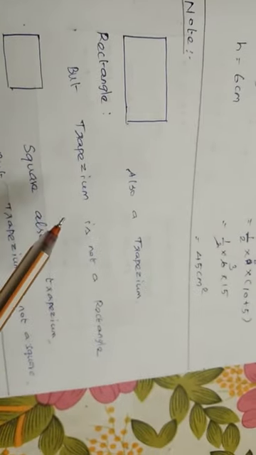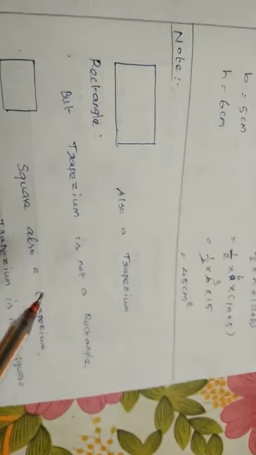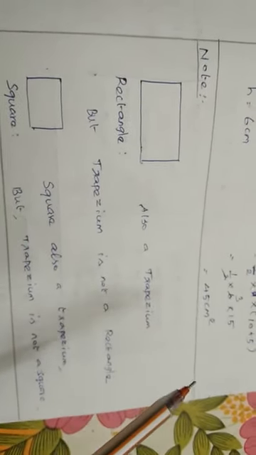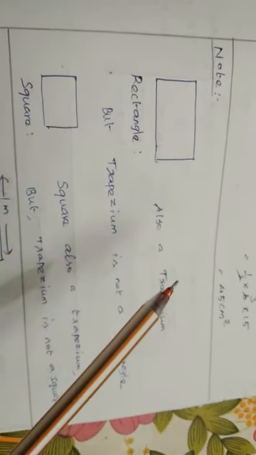Similarly square also trapezium, but trapezium, this shape's sides are parallel, okay, these are not parallel, no. So one side is parallel, another side is not parallel. So reverse wise, that is trapezium is not a rectangle. So this idea needed to study, some statements about the shapes' property, important one. So we can tell all rectangle and squares are trapezium, and trapeziums are not rectangle and square. Like that we need to understand, right.